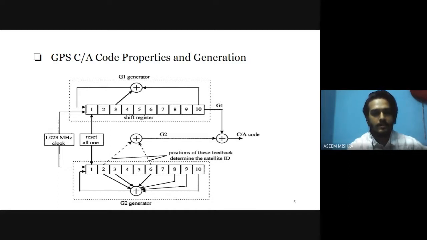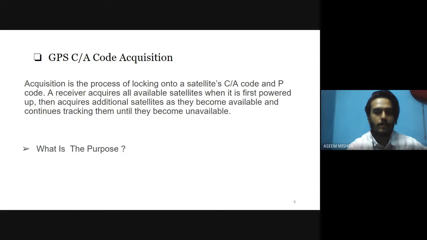What is GPS code acquisition? The purpose of acquisition is to determine visible satellites and the coarse values of carrier frequency and code phase of the satellite signal. The satellites are differentiated by the 32 different PRN sequences. The code phase is the time alignment of the PRN code in the current block of data. The code phase is useful to be able to generate a local PRN code that is perfectly aligned with the incoming code.